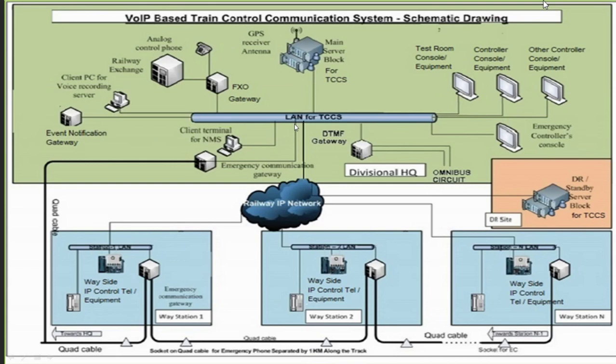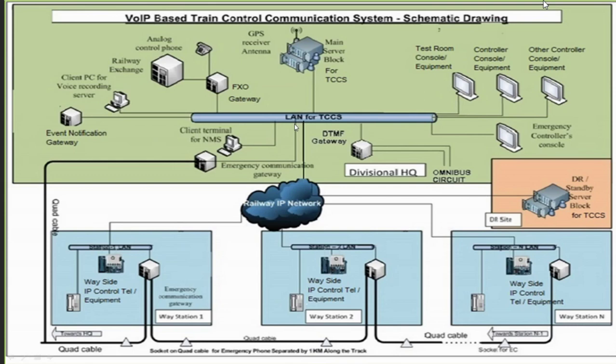But when it comes to the telephone department, when we reach the site, there is no hierarchical order. There is no need to test the highest priority communication first. Our responsibility is to restore any one available means of communication at the earliest. If we are able to restore the SIM-based instrument first, then we restore that one. So our role is to restore the first available communication, not the priority-based communication. After establishing the first means of communication for running the trains, we will start restoring the priority-based communication.